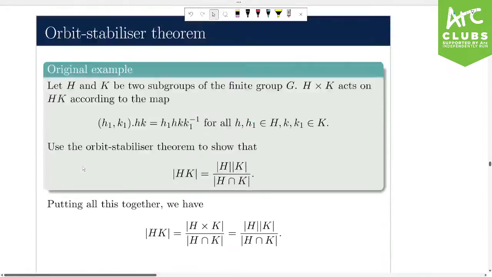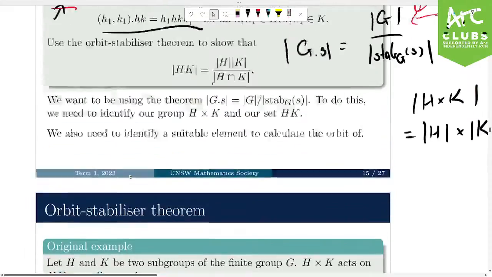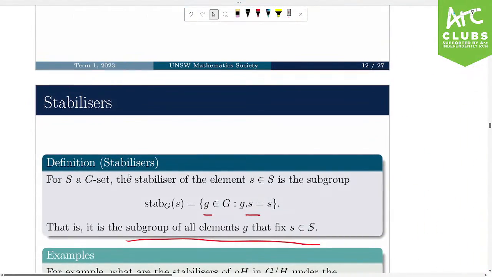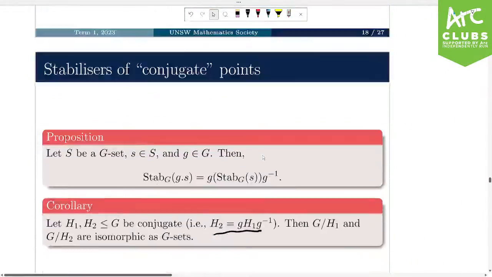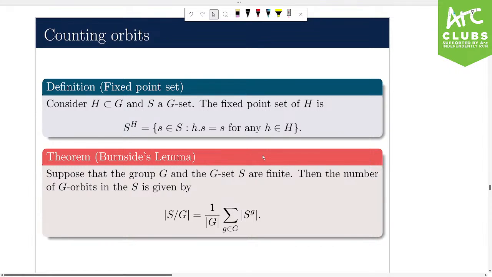So this is kind of like stabilizers, but stabilizers is the set of group elements which fix an element in the set, and the fixed point set is the set of set elements that are fixed by some group elements. And now we get onto this result, which was covered quite a lot in the lectures and also